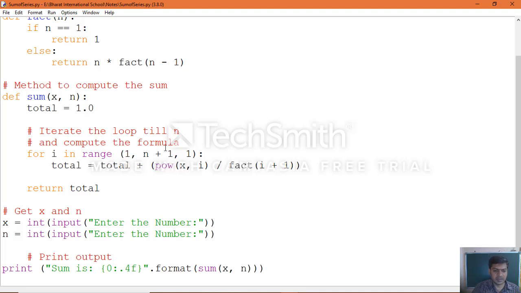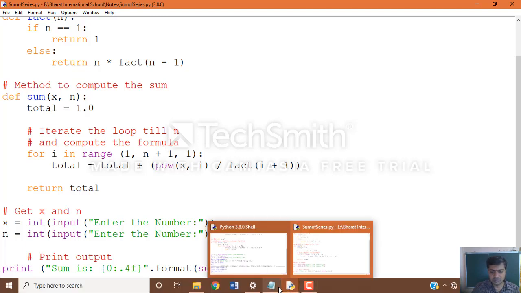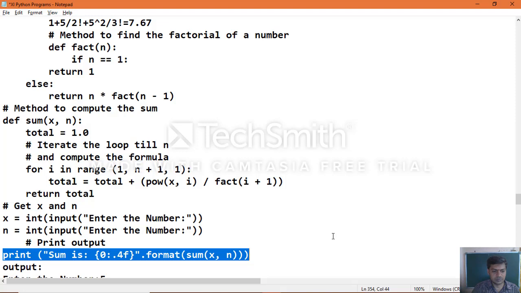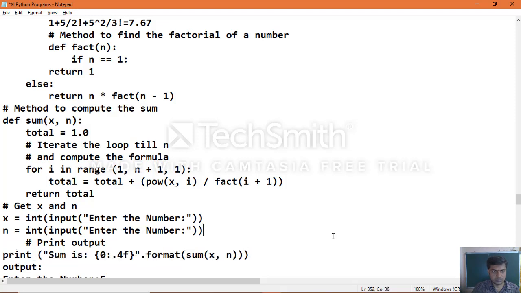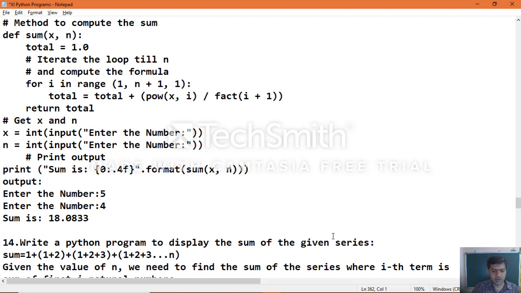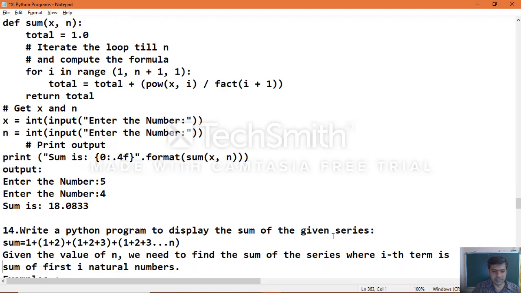In the same way, here is another example which you can execute. Write a program to display the sum of the given series.